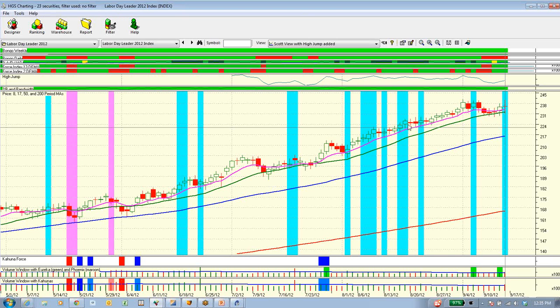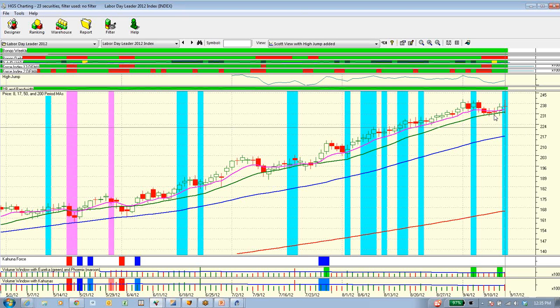When I put together my leaders index, it was not a buy list. In fact, it's underperformed since I put it together. But what it basically says is if the stocks have been leading for several months and this market starts to rotate into other stocks, then this group of stocks, and hence the index, might falter first. And what we saw, if we go back Friday, Thursday, Wednesday, Tuesday, Monday, a week ago Friday, was a bearish engulfing day on the leaders index.